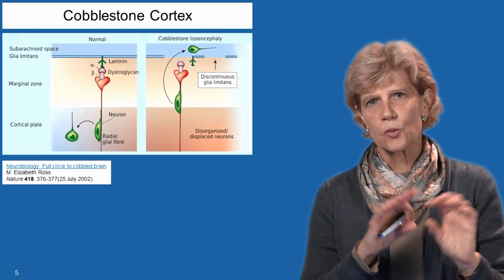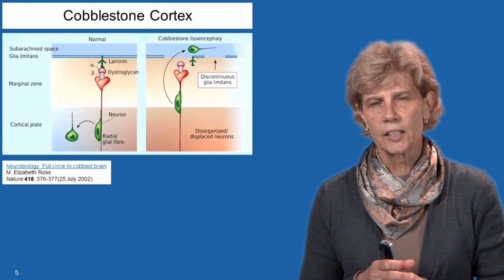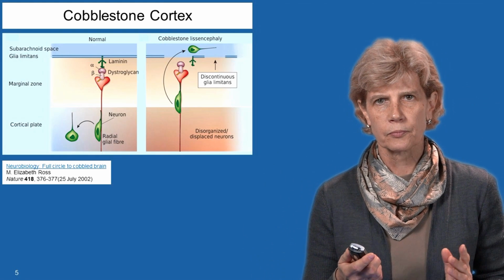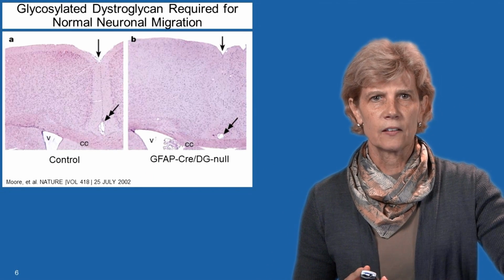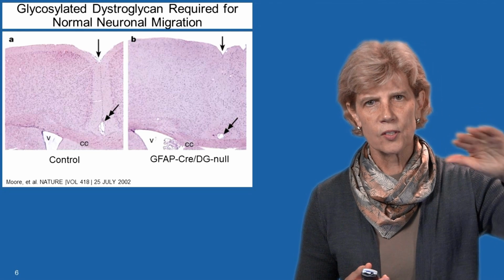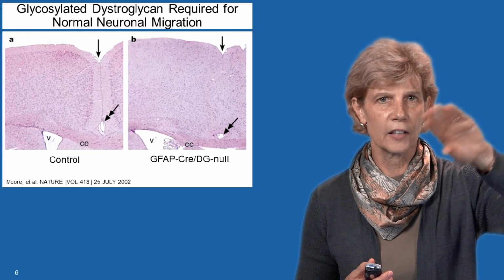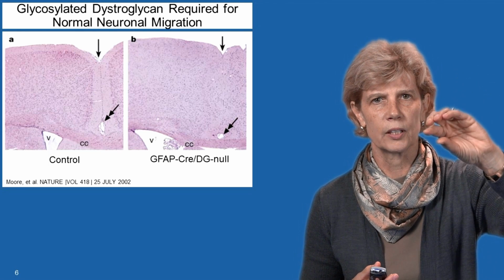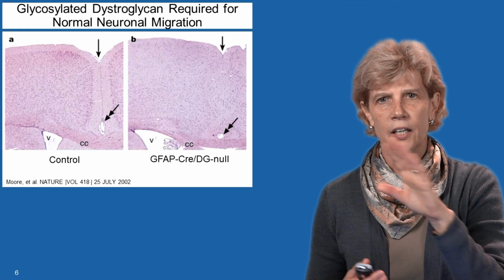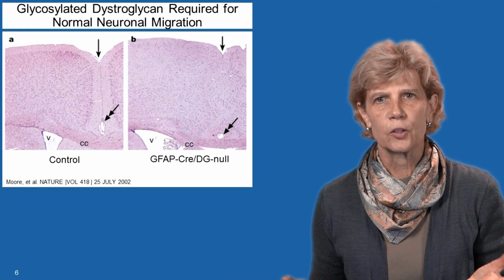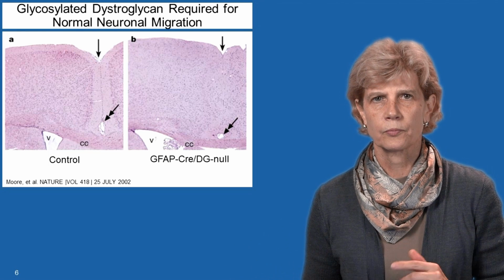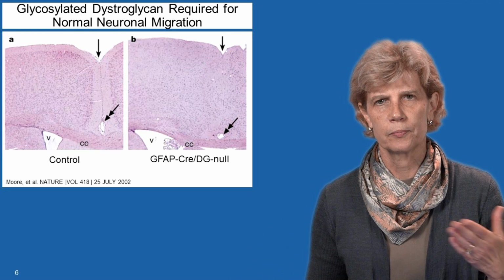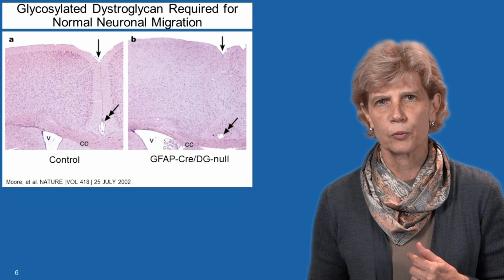And what that does is result in a disorganization of the cortex and a smoothing of the cortical ribbon. So in a mouse, on the left is a normal mouse brain that you can see the nice layers. You can see that there's sort of a pale layer on the outside and then a denser layer where the neurons are. And on the right, you see that that layering has been completely disrupted. So that is part of the reason that you get these profound developmental brain abnormalities in children with Walker-Warburg